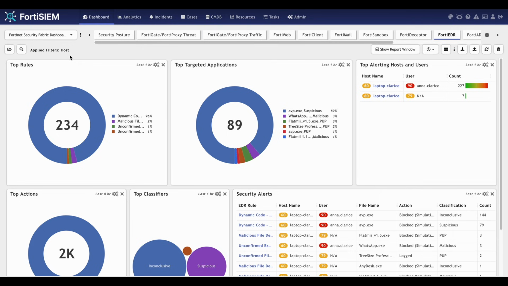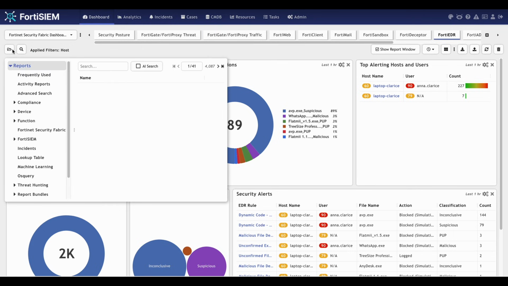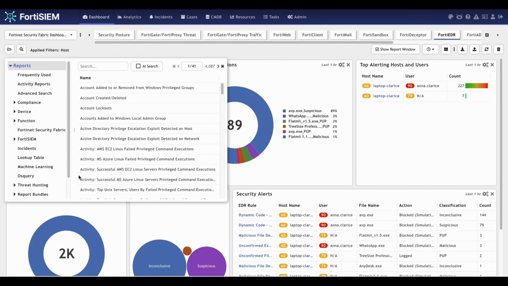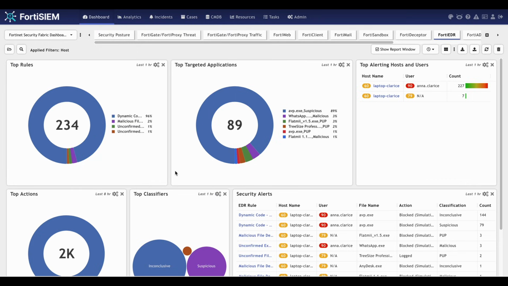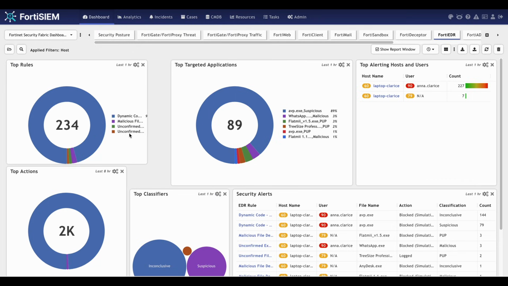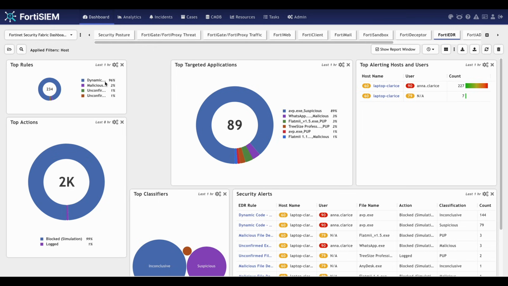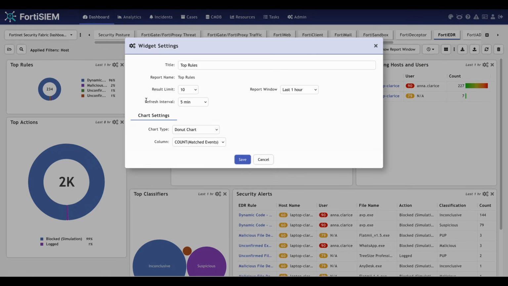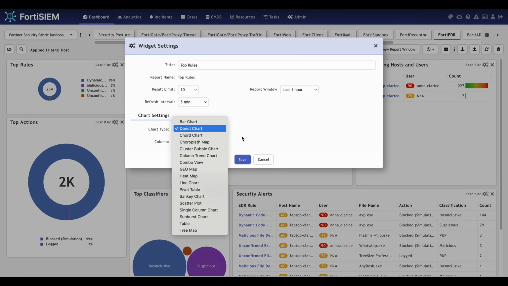We're able to add additional reports to the dashboard. Any of the 4,000 plus dash reports can be added as a widget, and we can resize and move these widgets as we need to. We can also edit the settings and change the chart type from maybe a donut chart to a Sankey graph